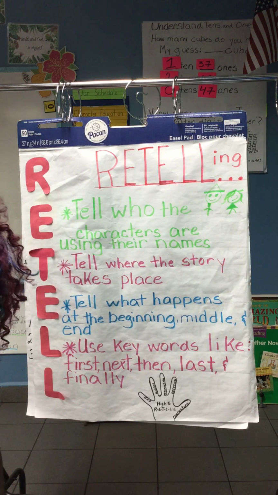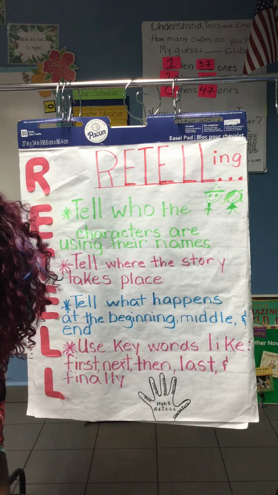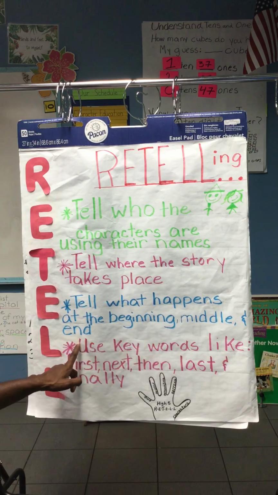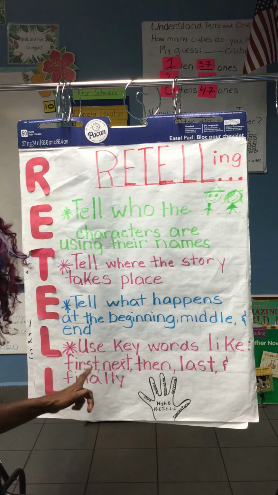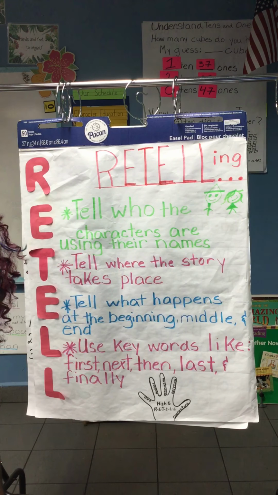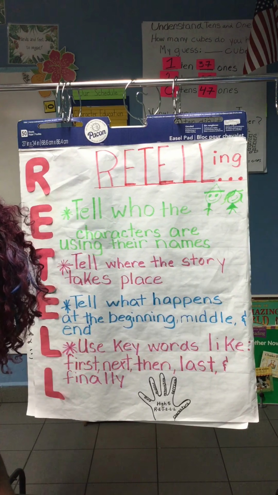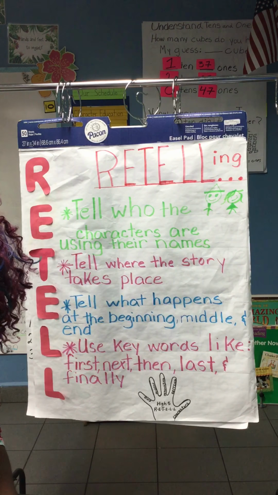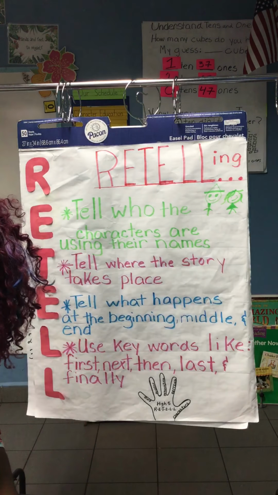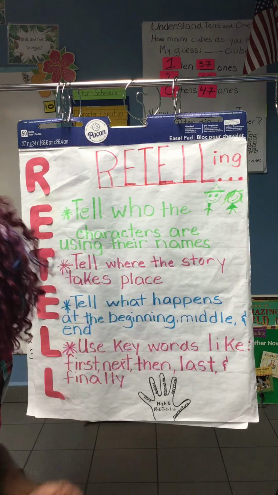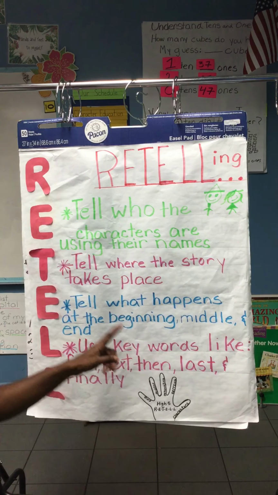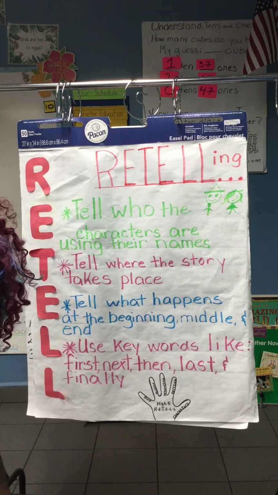No. You retell it using the beginning, the middle, and the end strategy. You tell me what happened last. Well, last what happened? First, next, then last. Last what happened? They all went home. So that's another thing. You don't retell the entire story, but you can tell what happened at the beginning,